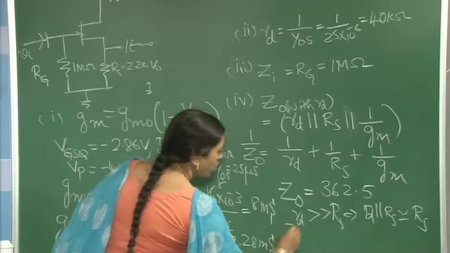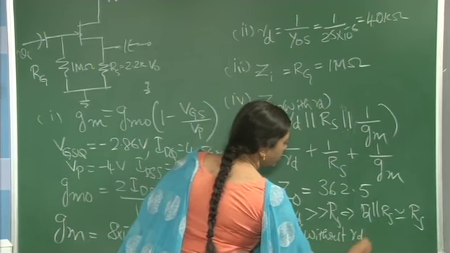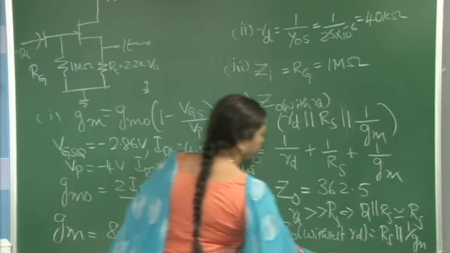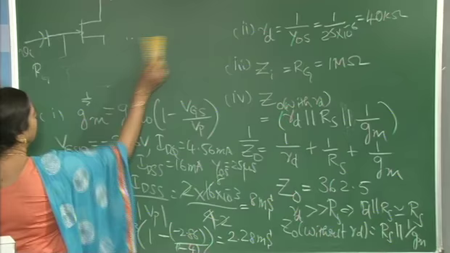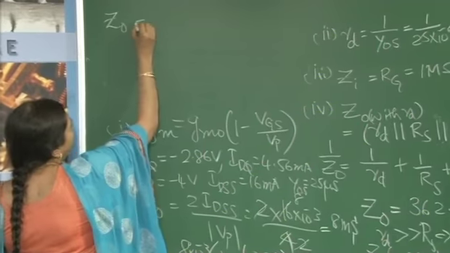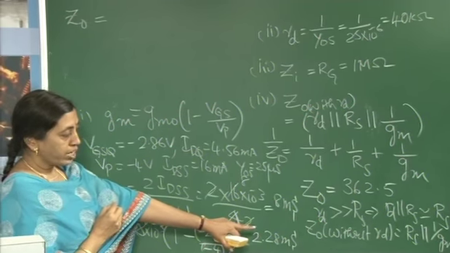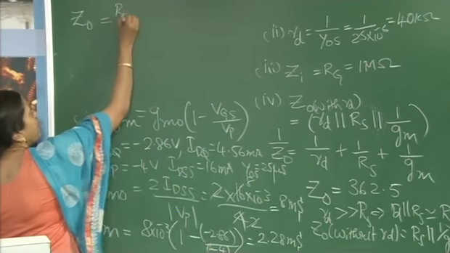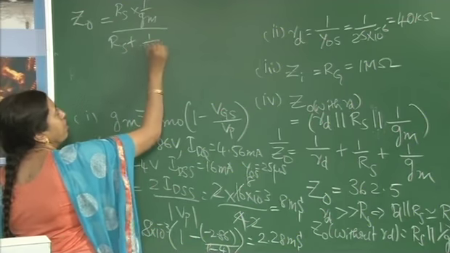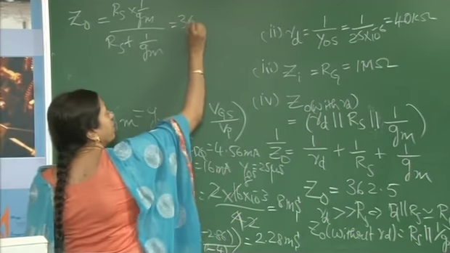So, Z0 without Rd is Rs parallel with 1 by Gm. If we do not take the effect of Rd, Z0 will be equal to 1 by Gm parallel with Rs, that is Rs into 1 by Gm divided by Rs plus 1 by Gm. So, this comes to around 365.9